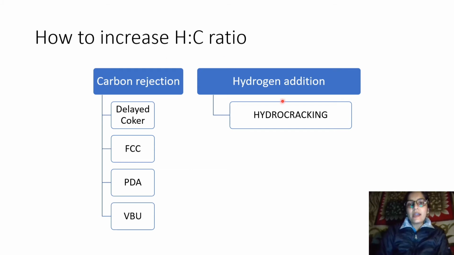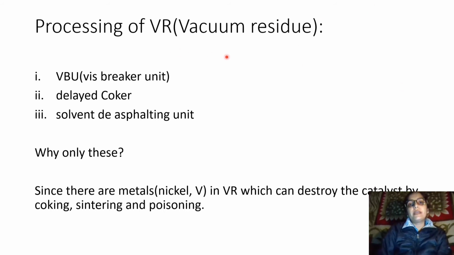Likewise, in hydrogen addition, the hydrogen is added rather than rejecting carbon. So this is done in hydrocracking. I will be discussing all these processes in further videos, but today what we will be discussing is this part, PDA, processing of VR. Now the processing of vacuum residue can be done by VBU, visbreaker unit, or delayed